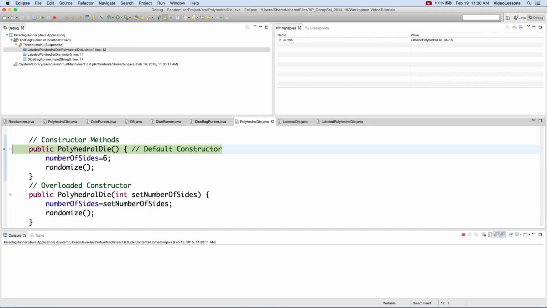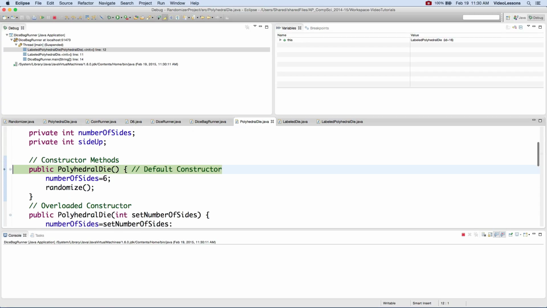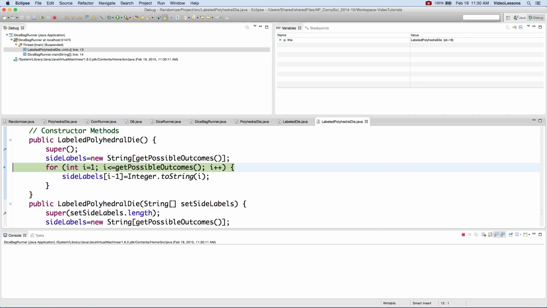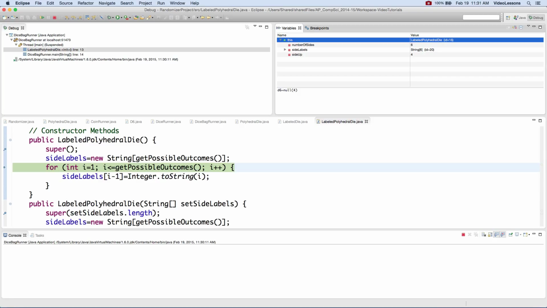And boom, I'm in the default constructor of the polyhedral die. And what does it do? It sets the number of sides to 6, then it randomizes, then it's going to return, and now what am I going to do? Now I'm going to create my side labels, and if I go over here and click on this, I can see my side labels here